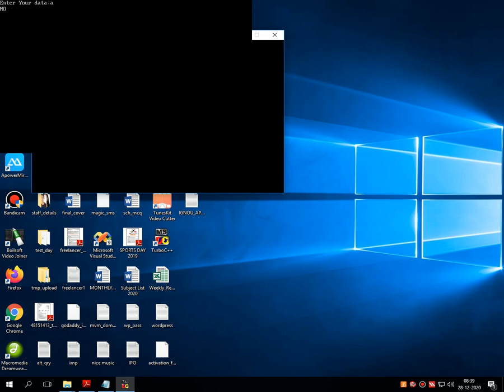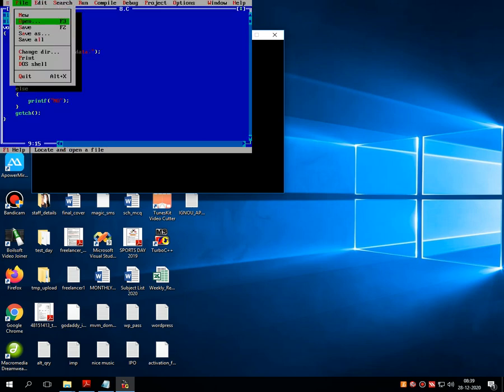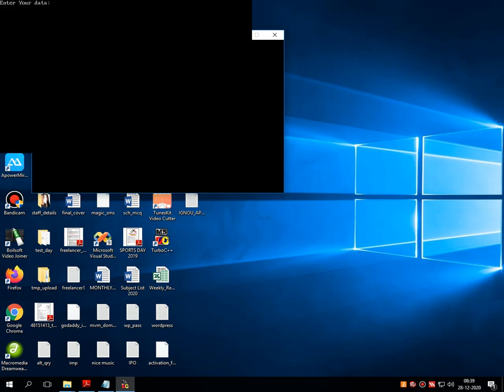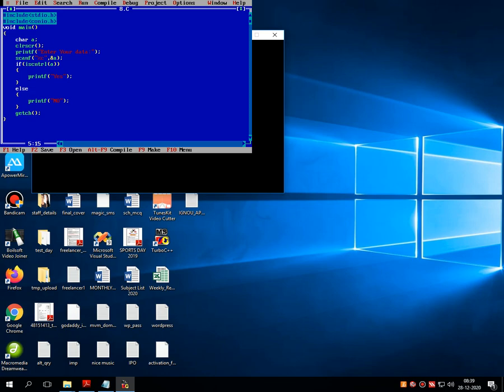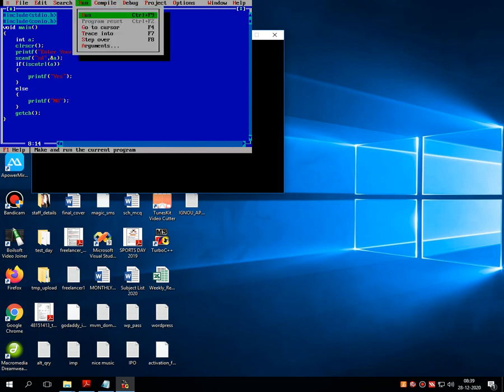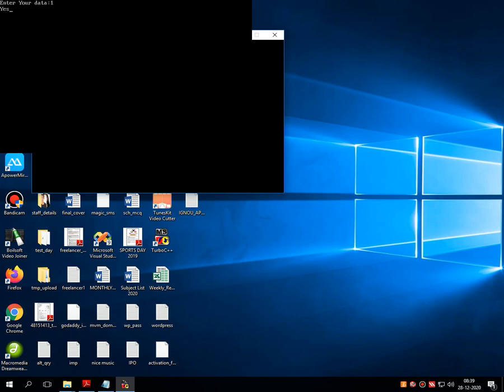Suppose I am entering one single character, then it returns no. Now instead of this character I am entering 1, even then it returns no. And for a combination of these two, and by changing the data type, here I forgot to change the data type, it returns yes.